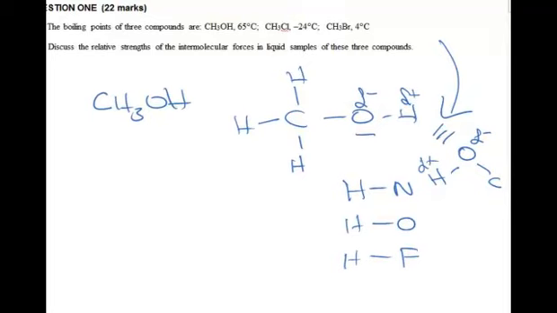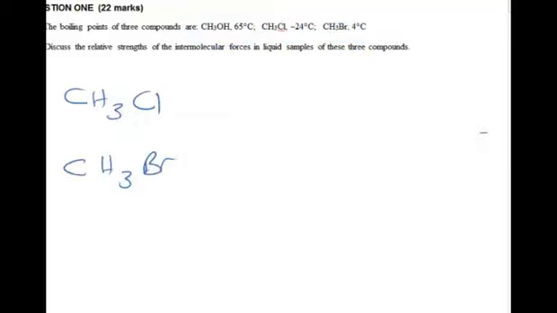And this is the strongest bond that we can get in intermolecular bonding. Okay, so it's no surprise to see that that's got the highest boiling point. Now what's unusual here though is chlorine is a much more electronegative atom than bromine. It's higher up the periodic table, heading towards fluorine, which is the strongest of all. However, bromine is going to have a higher boiling point at 4 degrees.